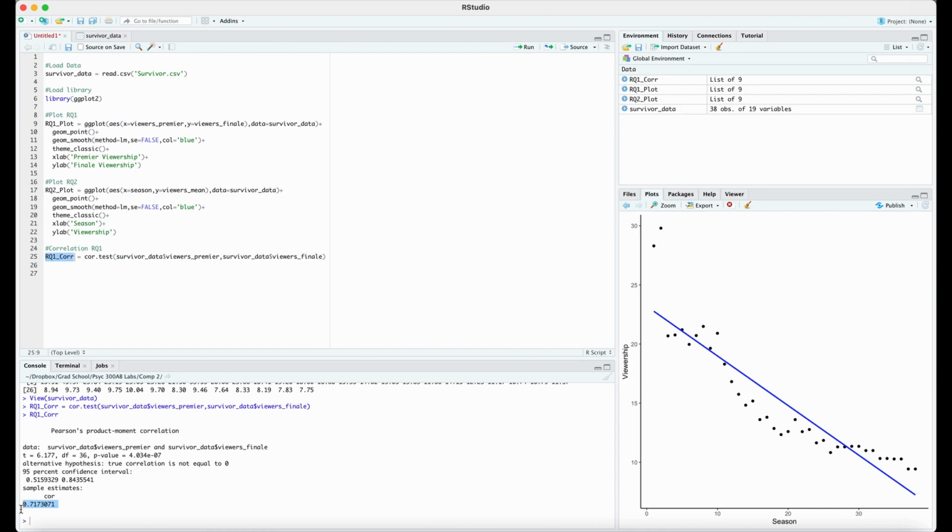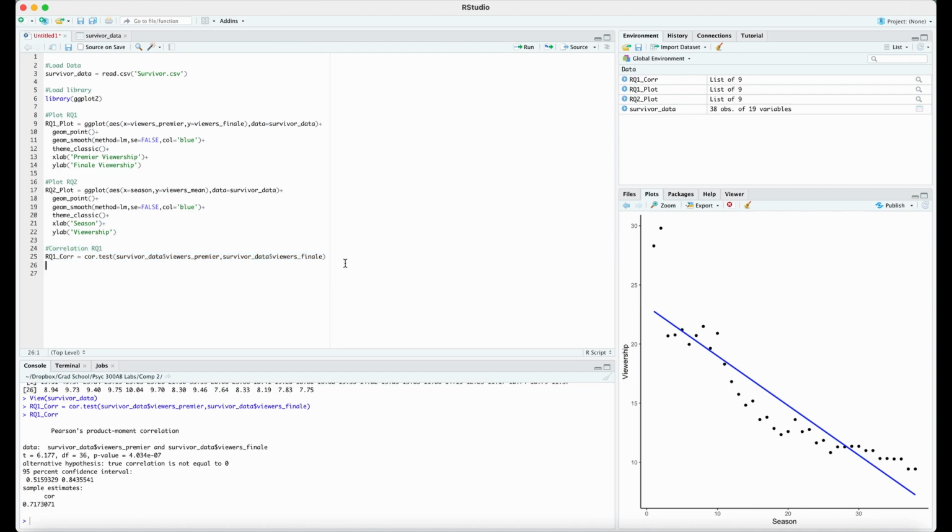0.717, and so forth, is our correlation between the viewers premiere and the viewers finale. Now it has a lot of other things like p-values, and even though you've learned about p-values, you haven't learned about them in terms of correlation. So ignore these types of things up here. But I wanted to include them for later in case you do these correlations later or for your own research, and that might be helpful. So that's it for correlation of regression